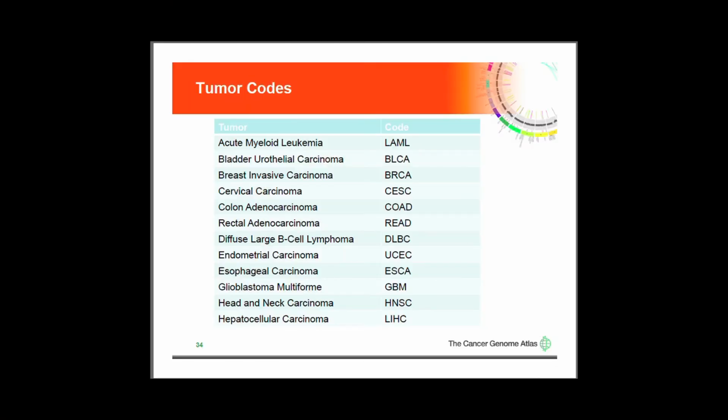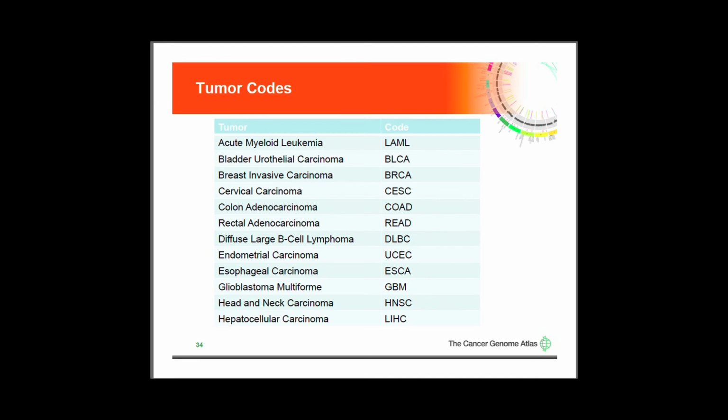So now here are the tumor codes. Early in the project, it was decided that every tumor needed some kind of code. These are defined by TCGA as we go along. In general, the first part of the code refers to the organ where it comes from, and the second part refers to what type of cancer. So if it's the bladder carcinoma, BLCA,